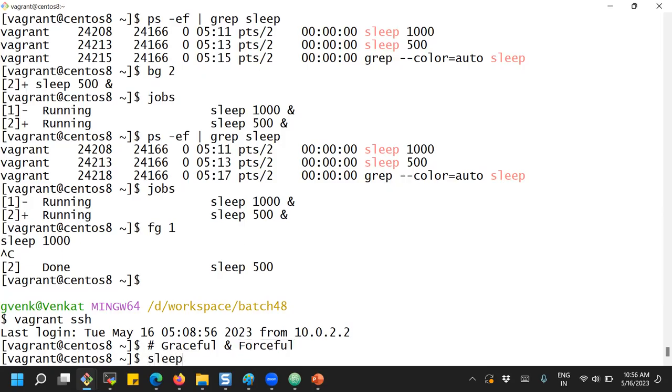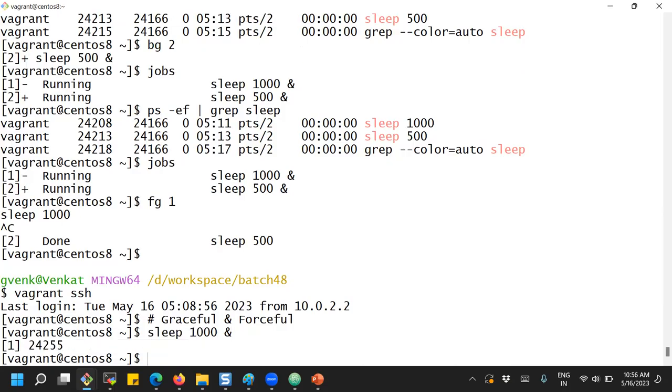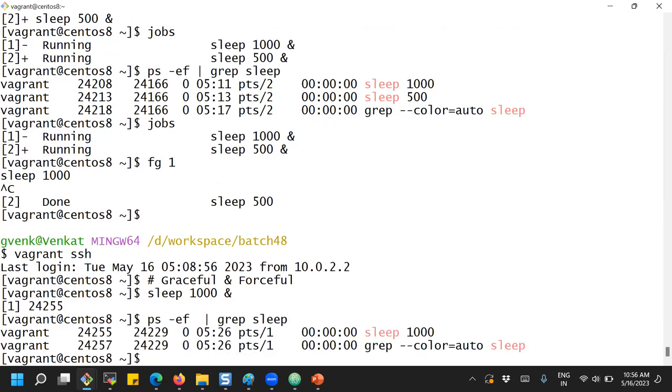Suppose you run this process, something like sleep 1000, in the background. Now this process is up and running, but I don't want to run it for 1000 seconds, and I would like to close it immediately. So how do I do that? Forcefully killing that. How do we kill the process forcefully? Kill is the command. Kill -9